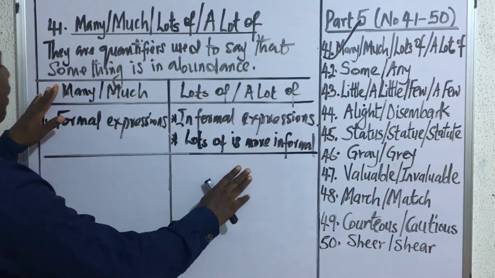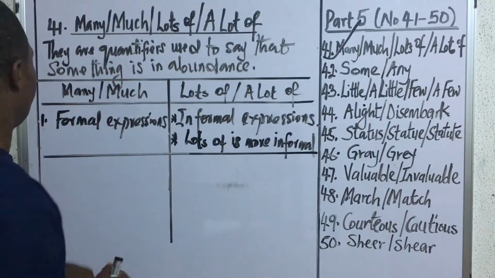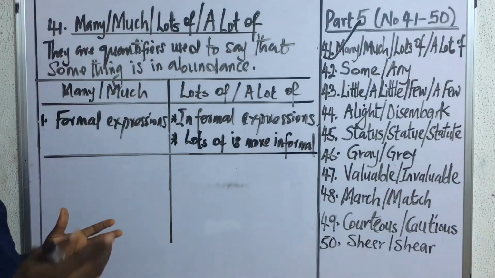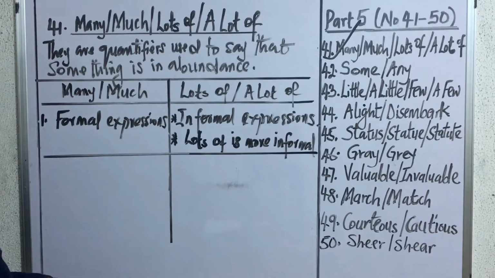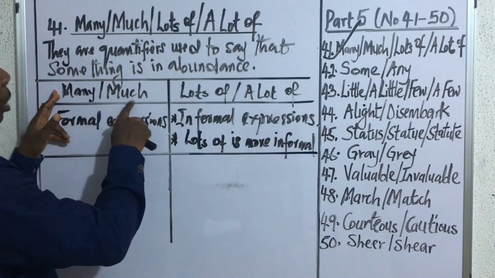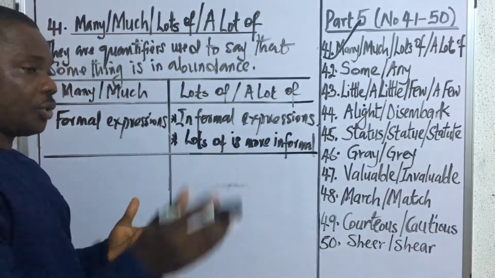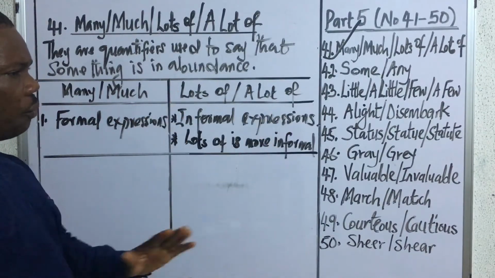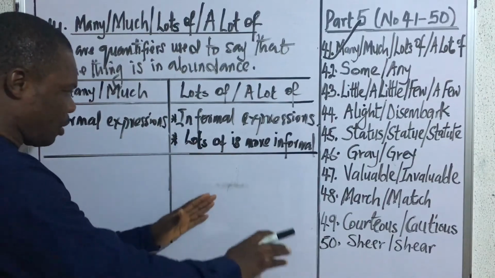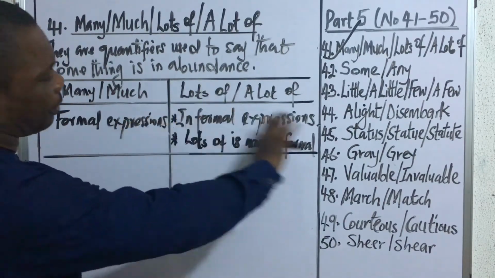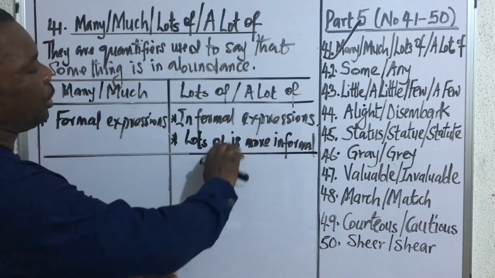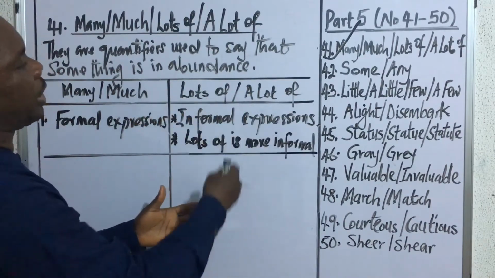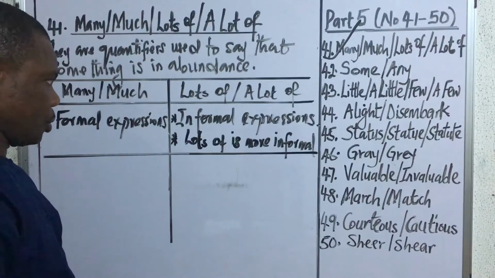Now the next thing we want to talk about is noun count. All right, many can only be used with countable nouns, that is things that you can count. While much is used with uncountable nouns, things that you cannot count. Whereas many and much agree differently with countable and uncountable nouns, lots of and a lot of do not vary. They can be used indiscriminately for what's countable and uncountable. There's no differentiation between the use of lots of and a lot of with countable and uncountable nouns.